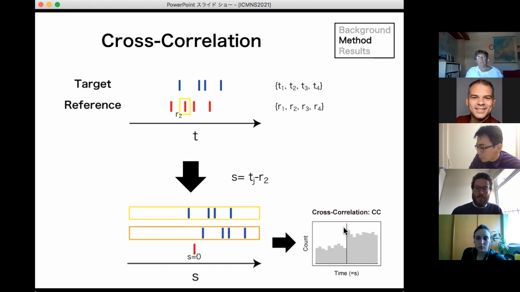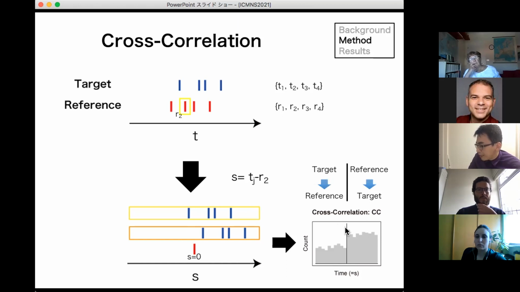And it shows how many neurons fire, for example, just after the spike of the reference neuron, and so on. And this is quite interpretable, because the peak around 0 indicates the connection between these neurons, and if we find a dip, the valley represents inhibitory interaction between the neurons. And if you find a peak in the right